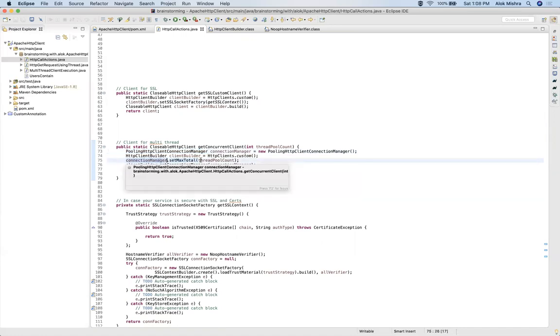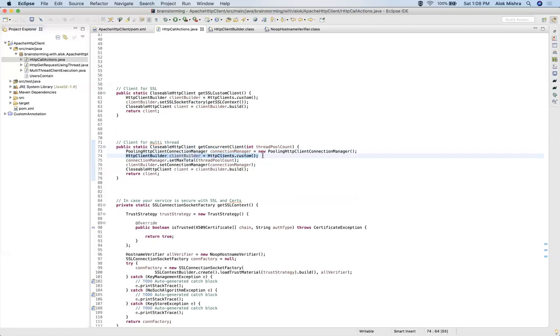I have just given a thread pool count as a parameter. Once your pooling connection manager is defined, you call the custom builder, and in the custom builder you set the connection manager, which is what you defined previously. Once it is done, you just build a client and return that CloseableHttpClient.